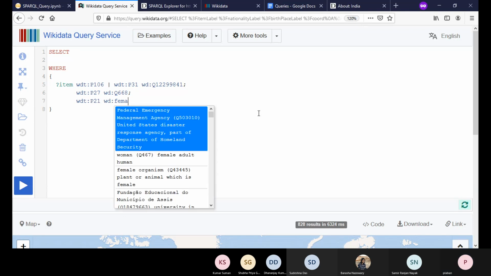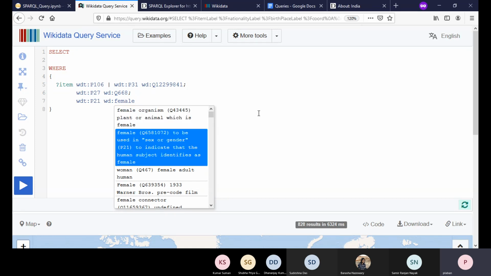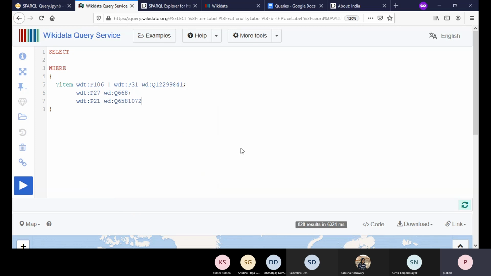Female. Female to be used in sex or gender. So it will be used along with P21. We are using P21, so that's why we have to use the second one, right? So we have extracted the gender.